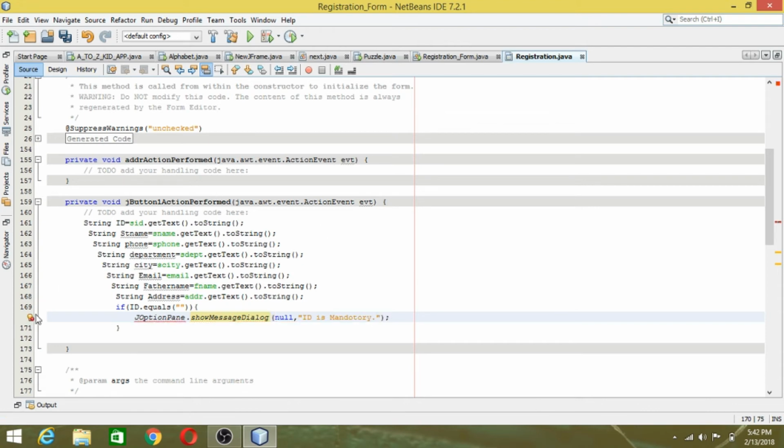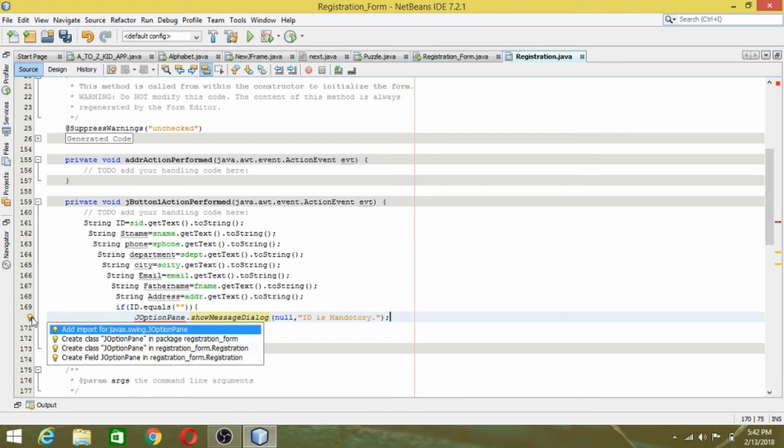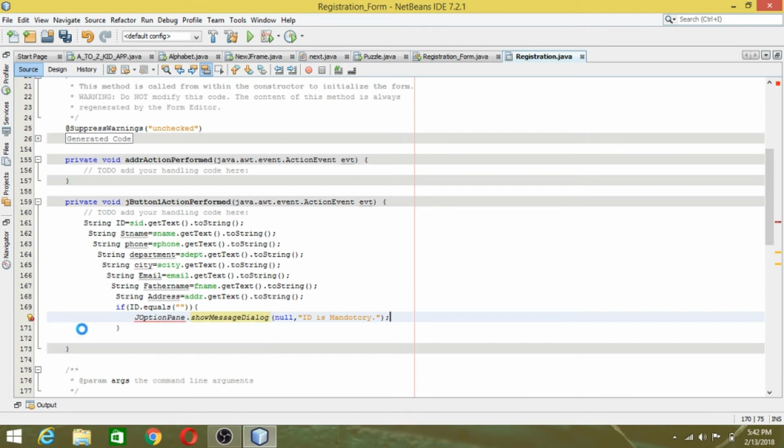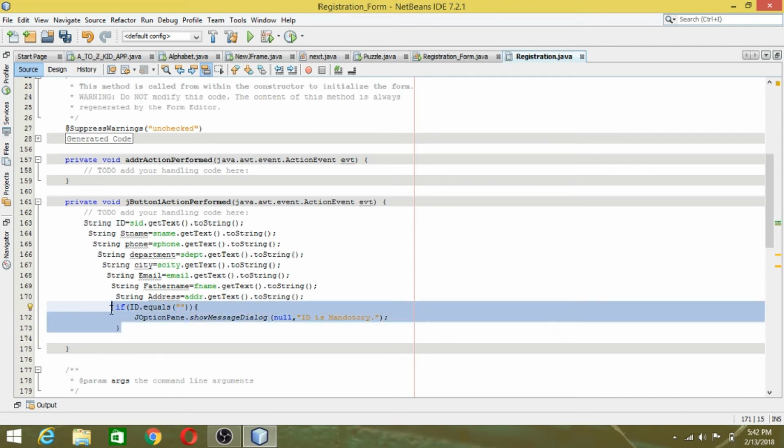It is showing an error here, so for this you need to import this package. So click on it and it will show this, right? And for each and everything, just copy this one,